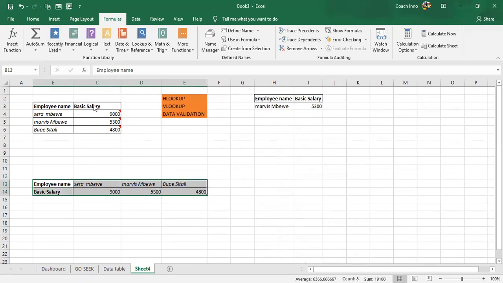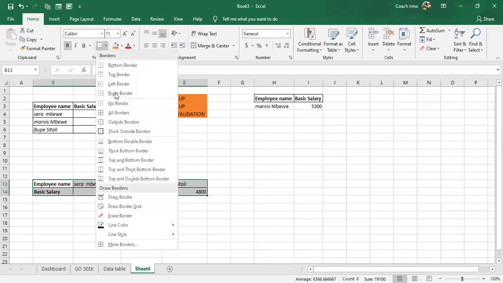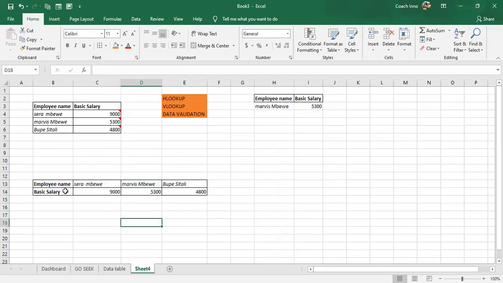So you want to have some borders as well. Okay, so your table will look like this. So we have 1 minute. So what you do, HLOOKUP. So we have the same information here, we copy it, and we